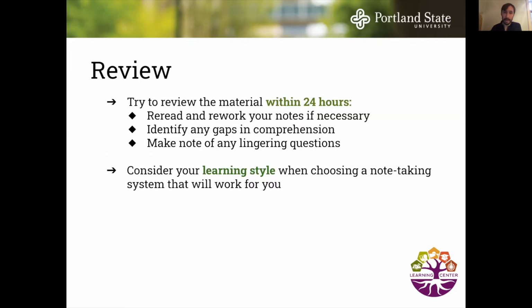So the next step is reviewing. This is referring to reviewing the material that you were given during class. One way you could do that is rereading or reworking your notes. And we suggest doing this within about 24 hours of the class. And so, for me,